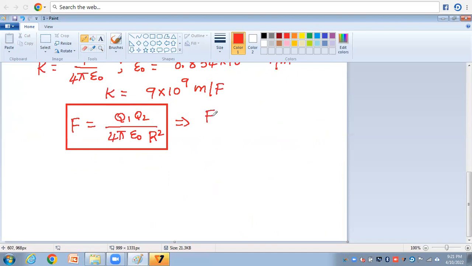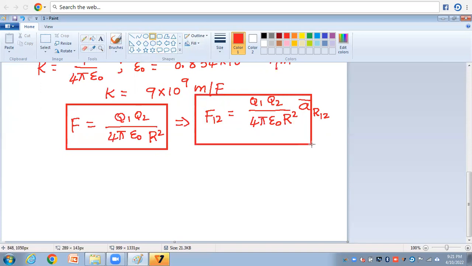Now, this F1 and F2 equal to Q1 product with Q2 by 4 pi epsilon naught R square, with the direction as unit vector A R, you can write in suffix A R12. Okay, this is the unit vector. Now the final expression with the direction is